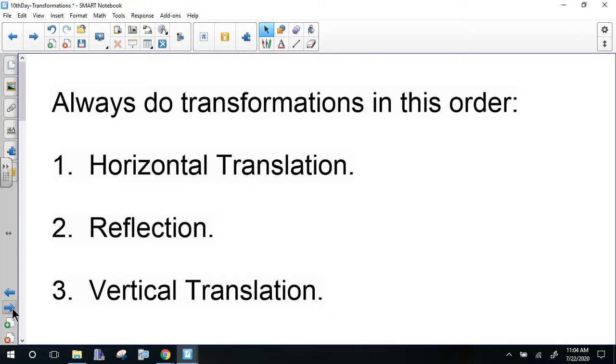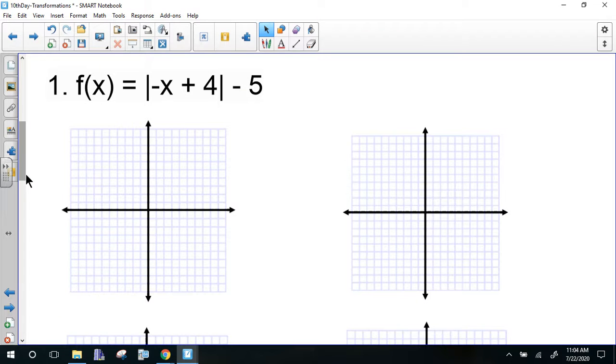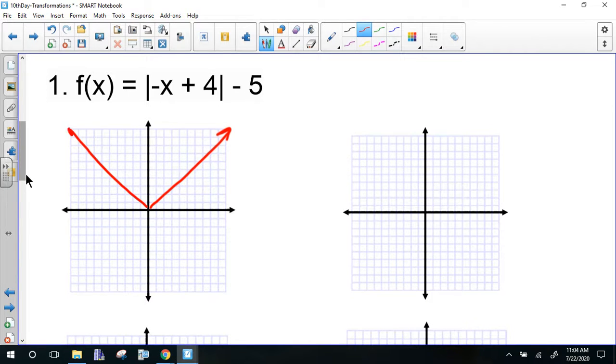For purposes in this class, we always want to do transformations in this order. Do the left and right first, then the reflection, and then the up or down. That way everybody will be on the same page here. So if I was going to graph this one, this is an absolute value parent function. This is the absolute value of x. I want to do horizontal first, so I'm going to move this to the left 4. So if I move this to the left 4,